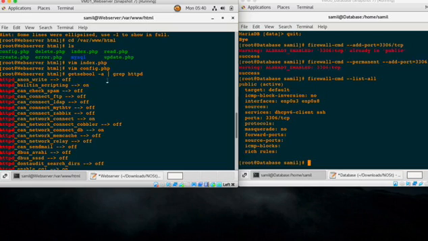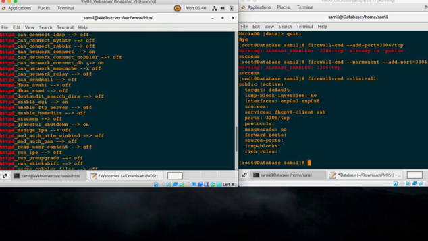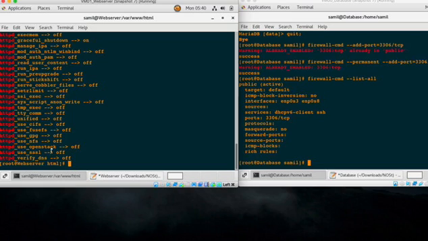The first time you insert this command, basically the HTTPD can network connect is off. Same with the HTTPD can network connect DB, also off. So what we can do to turn it on,